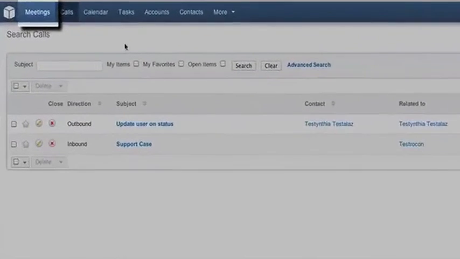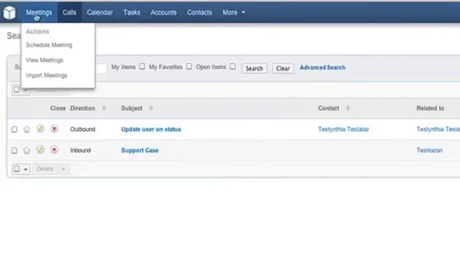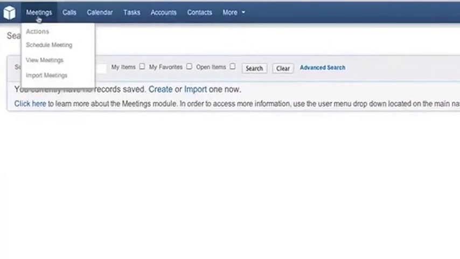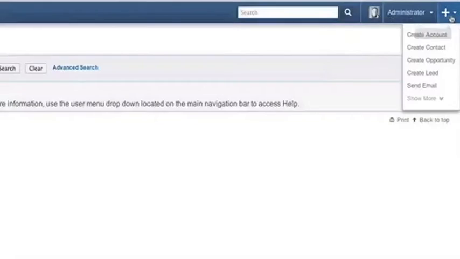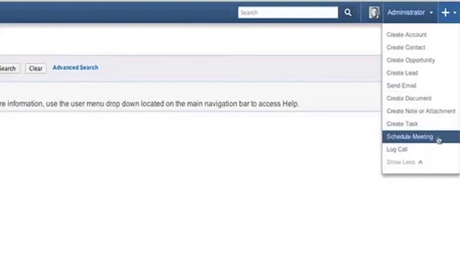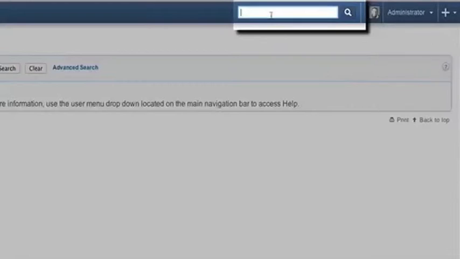The next thing that we want to talk about would be meetings. So pretty much everything we just covered with calls is almost exactly relevant for meetings. So we'll start at the meetings list view, and notice that we don't have any records here yet. We could schedule a meeting right here from the navigation, or it is also in the quick creates here. Let me expand that. Schedule a meeting there,